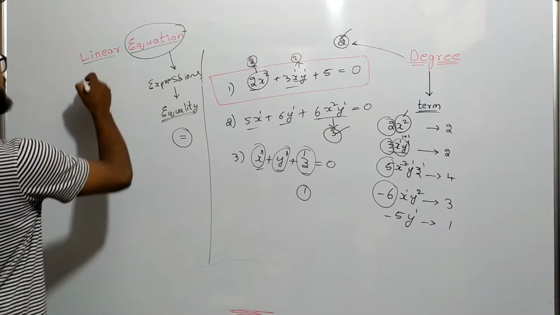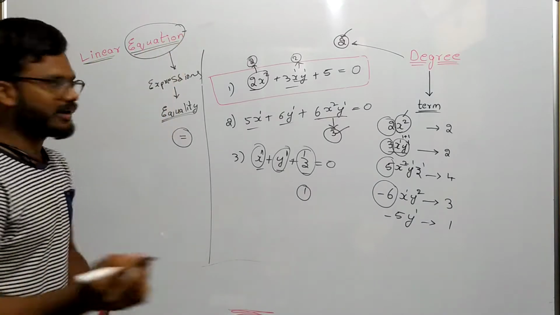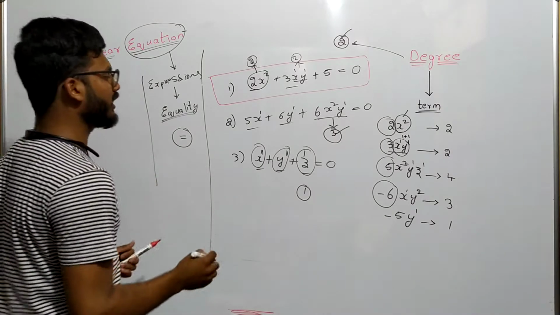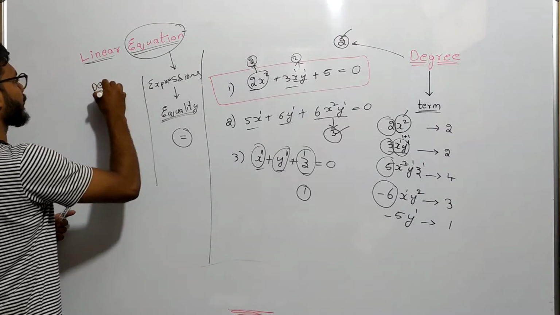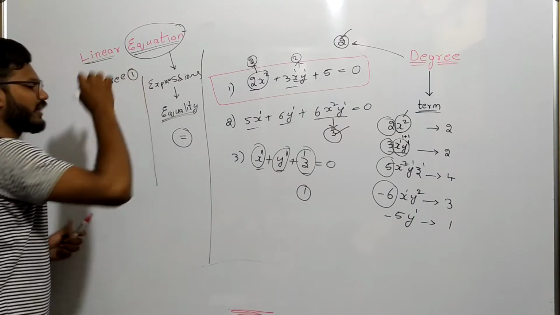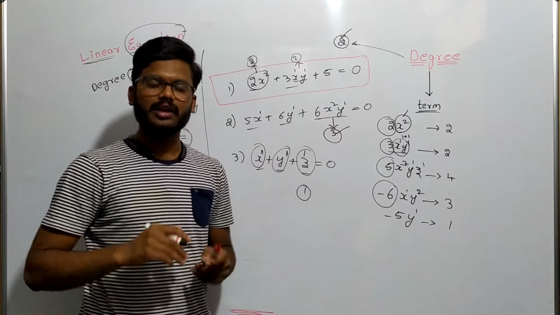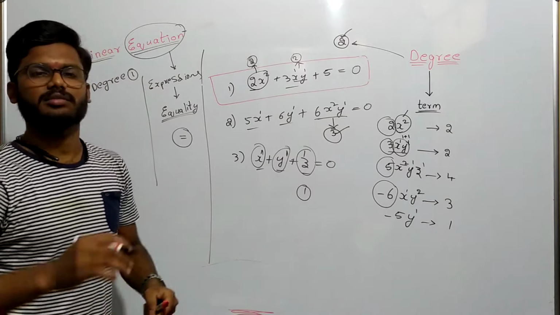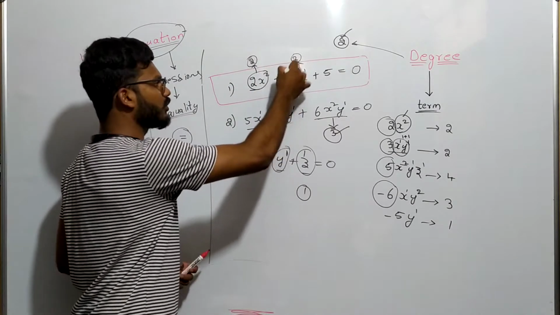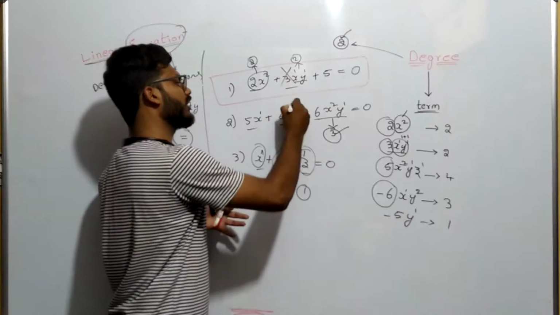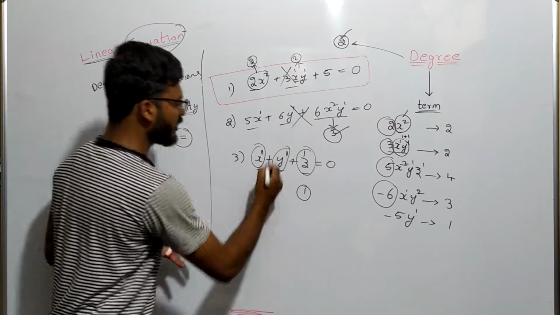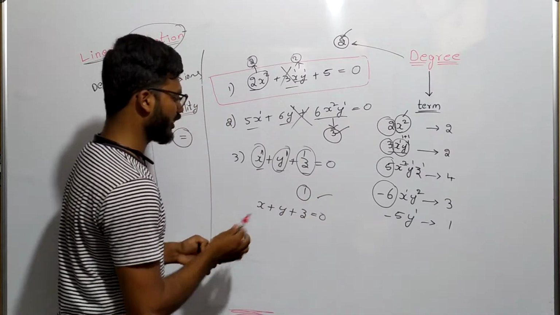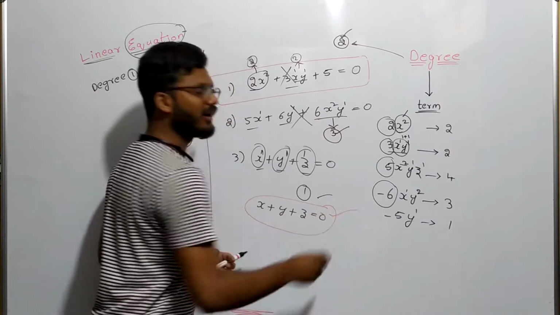But what is a linear equation? Linear equation refers to those types of equations with degree 1. If the degree of an equation is 1, then you can tell those types of equations as linear equations. Out of these three equations, what is the linear equation here? Here the degree is 2, so it is not a linear equation. This degree is 3, so it is not a linear equation. This degree is 2, right? x plus y plus z is equal to 0. Degree is 1. So this you can tell as a linear equation.